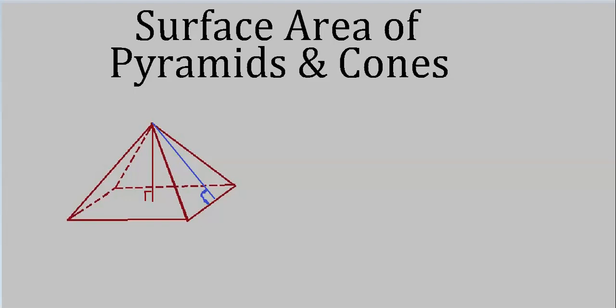Hello. Today we'll figure out how to find surface areas of pyramids and cones. There's a lot of vocabulary here, but there's only a couple of things that are kind of new or different from what you'd expect. For instance, one of the things that's not different is the top pointy part of the pyramid is called the vertex. Well, if this were just a triangle all by itself, this would be a vertex, wouldn't it? So, this is the vertex of the pyramid.